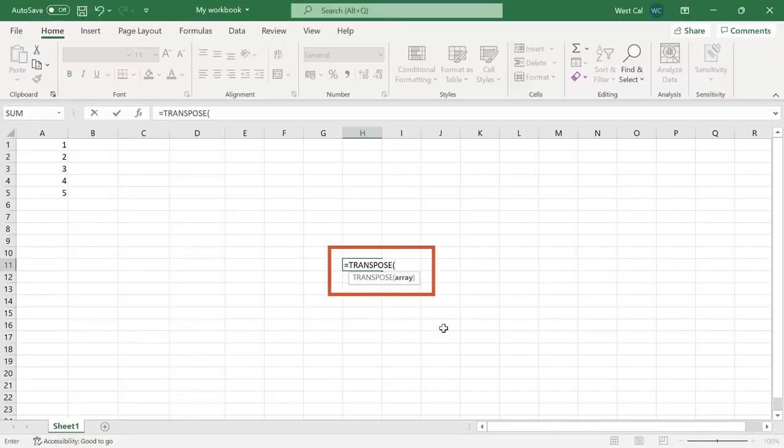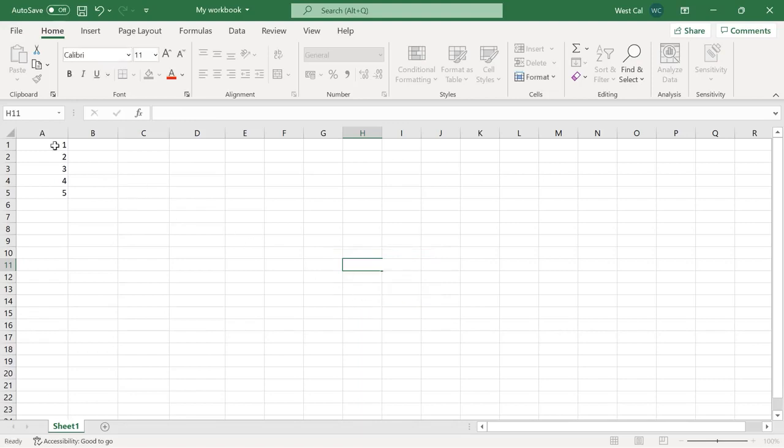To operate correctly, this function needs to be entered as an array formula in a range that has the same number of rows and columns. An array formula is different to a standard formula because it works with ranges or blocks of cells, not just with single cell references. Because of this, the keystrokes to confirm an array formula are slightly different, as you will see. For example, suppose that you wanted to